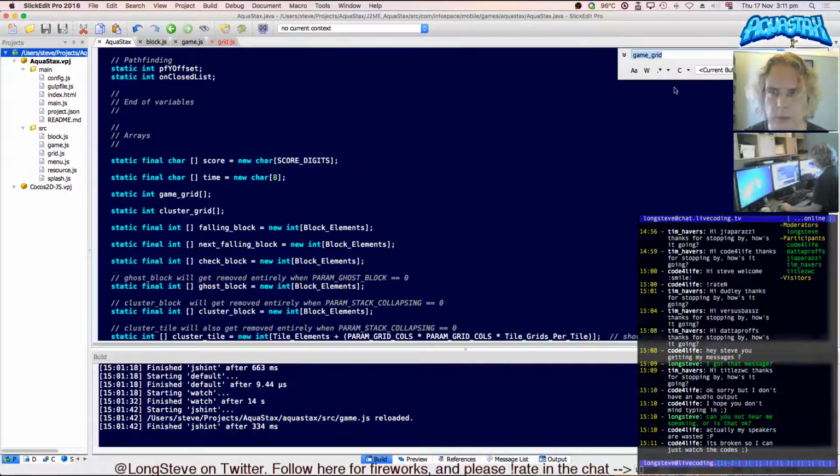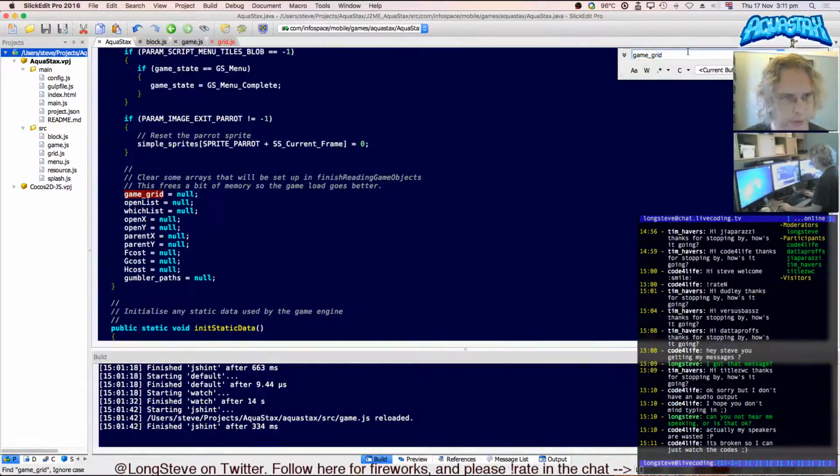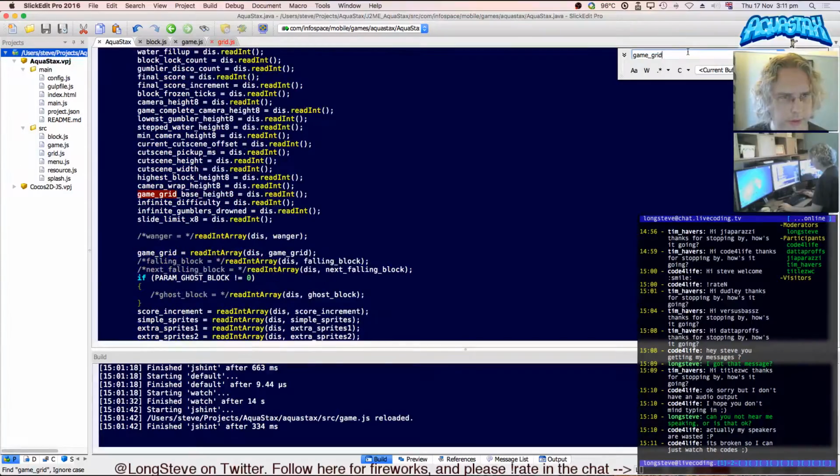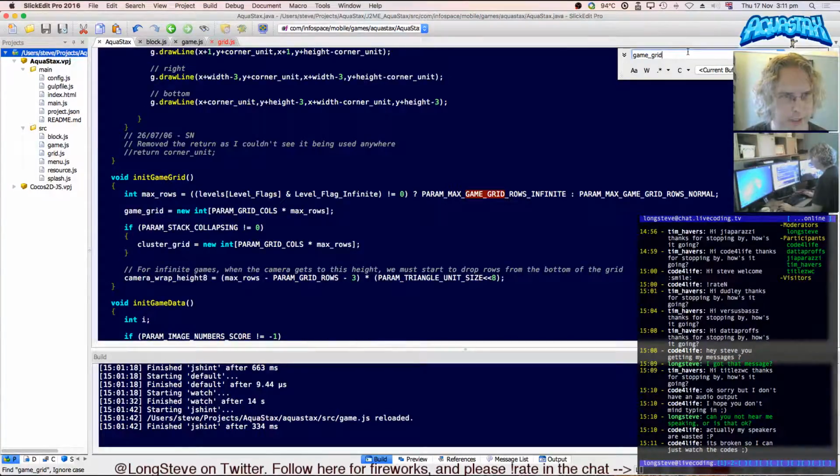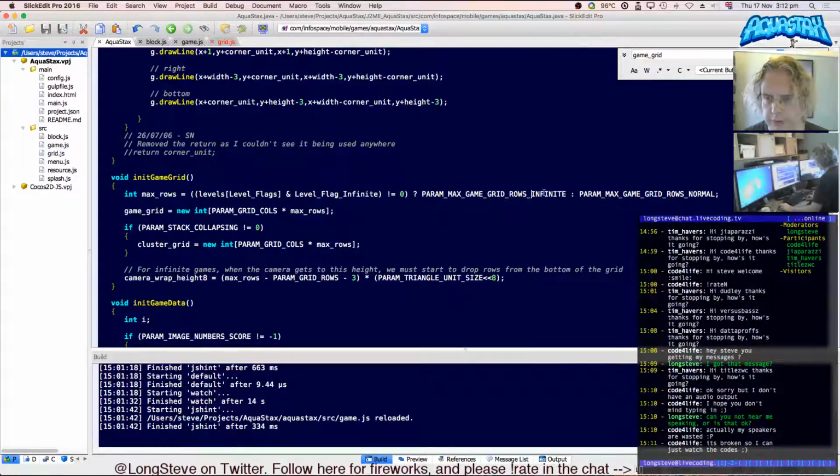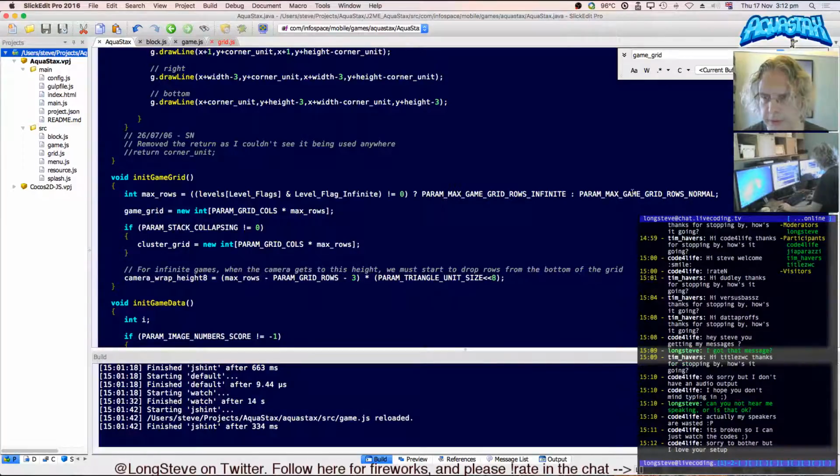Then when it creates it, what does it set it to? So game grid, init game grid, here we are. So it's creating a number of rows. If it's an infinite level, it uses a value that says number of infinite rows, otherwise game grid normal rows. So I don't know what that is, but